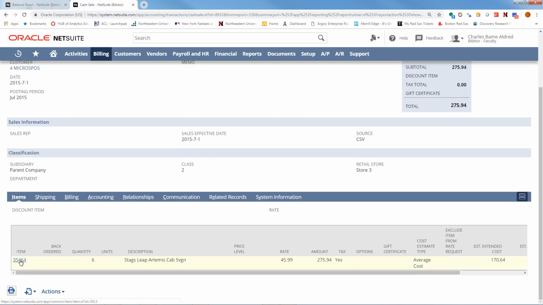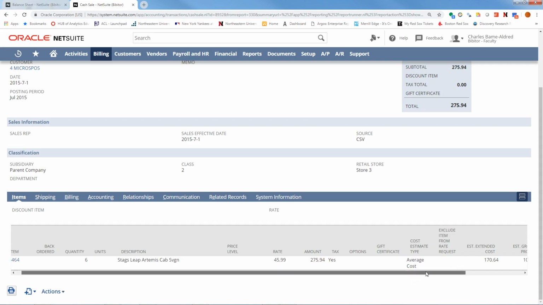35464. On July 1st, we sold 6 of these items. And the description is Stag's Leap Artemis Cabernet Sauvignon. Each bottle sold for $45.99 for a total of $275.94. The total cost of these bottles, and it's using the average cost method, is